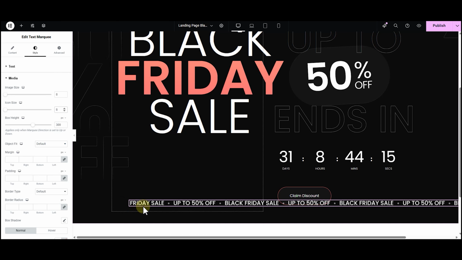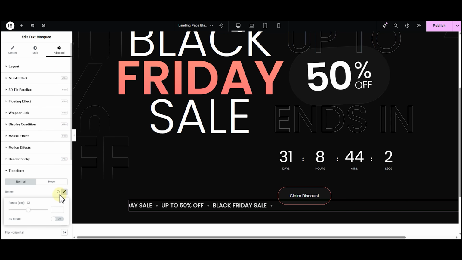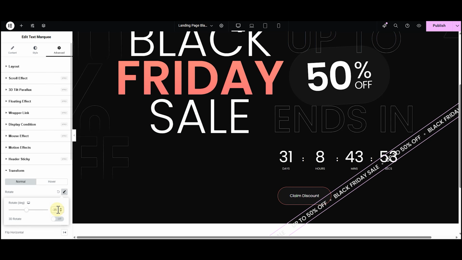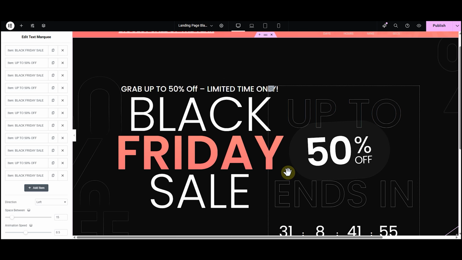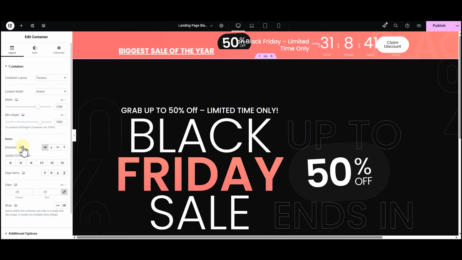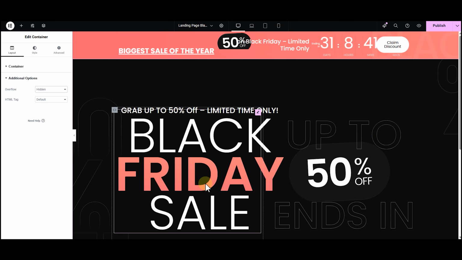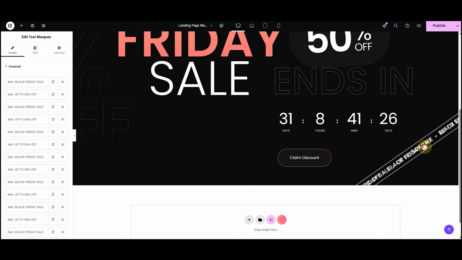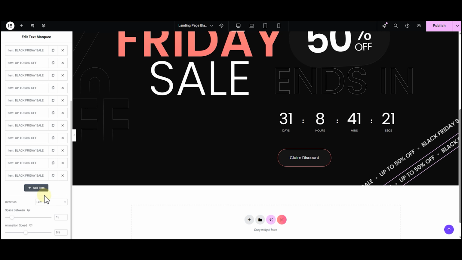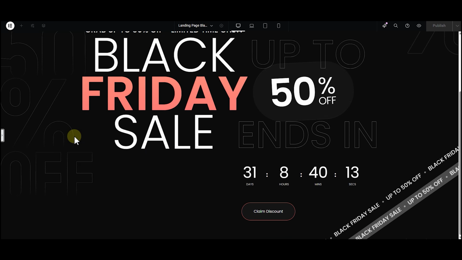Now to give it a stylish touch, go to its advanced settings, scroll to transform, and here adjust the rotate until it fits perfectly. So after using the rotate option, the marquee may stick out or show a scroll bar. Just select the container holding the text marquee, go to the additional options, and from the overflow dropdown, set it to hidden to clean it up instantly. Now duplicating it, moving it slightly down, changing the colors and direction, and done. Looks amazing, right?